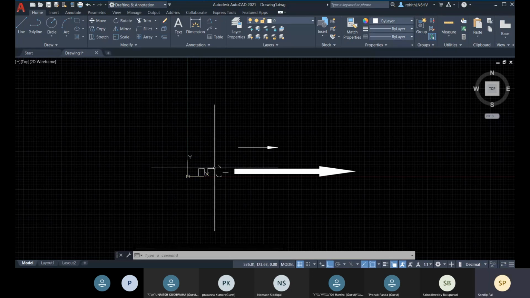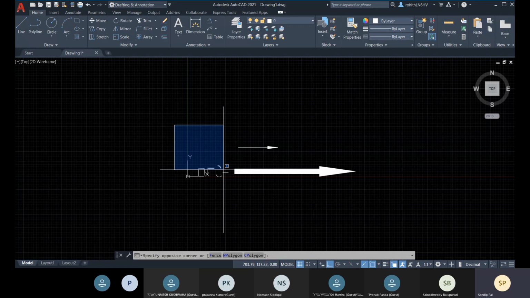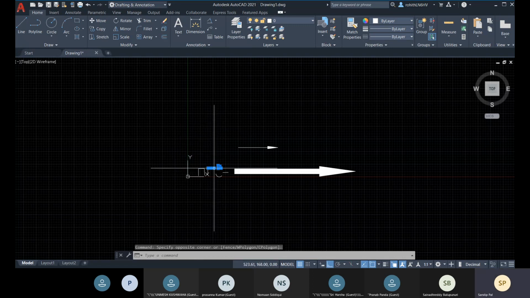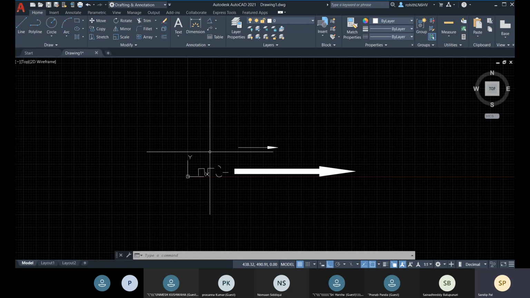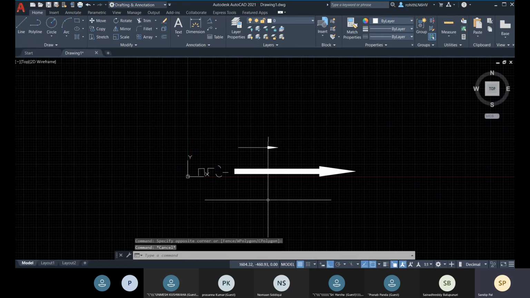How can you do that? You simply click on it, and don't hold the click. Right now these two are covered, but these two objects are parallel, so if I create the window this way, then only this one will be covered and selected. So if you are sorting your selection, then you can go for the blue window selection.